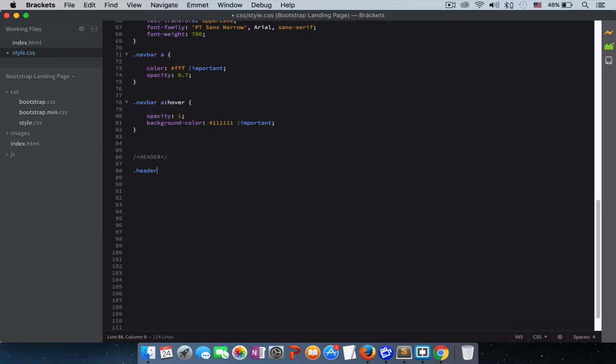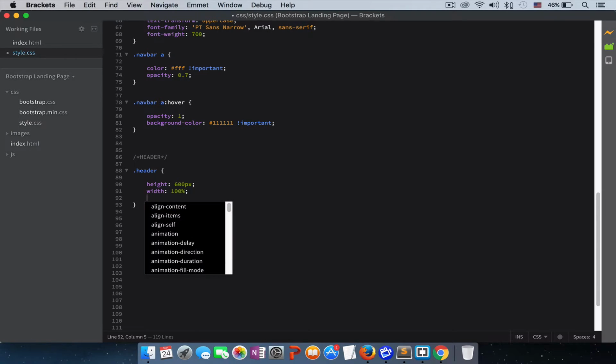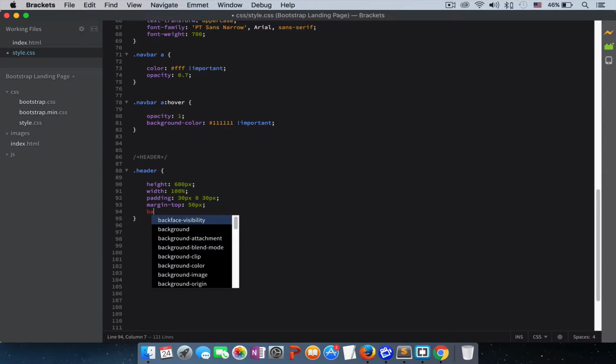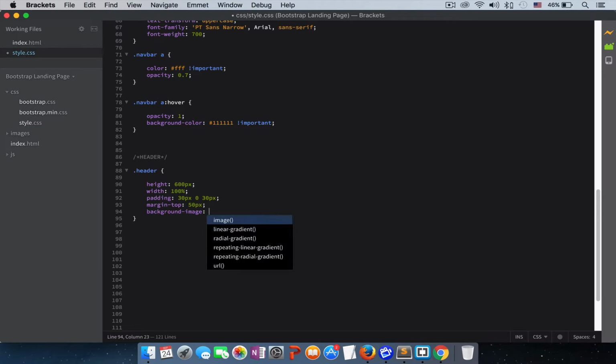Let's start first with our header and give it a height of 600 pixels, a width of 100%, a padding of 30 pixels, 30 pixels, and a margin top 50 pixels, and a background image, URL, images, so this bg3,